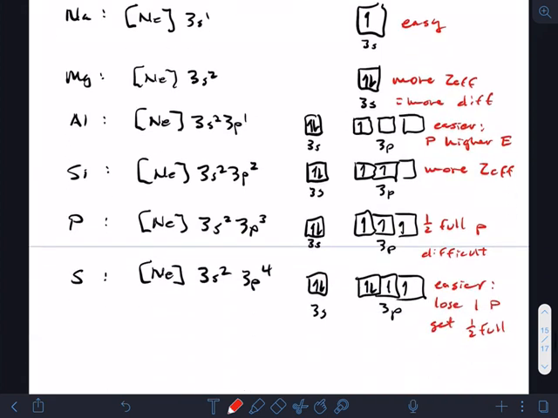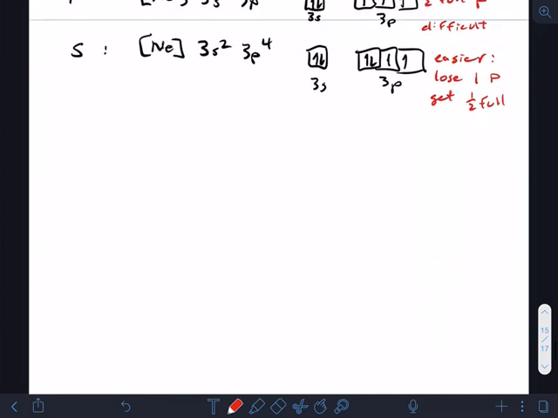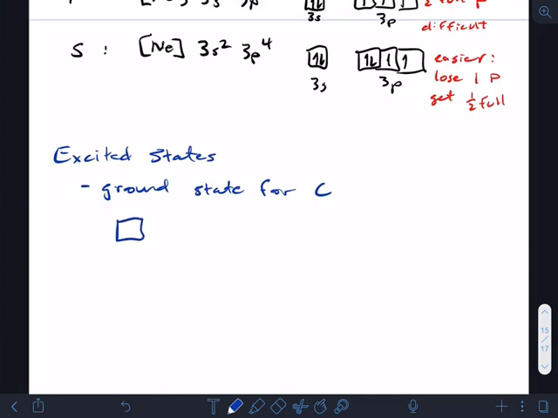All right, so up here at the top, I talked about ground state. I labeled this as ground state, right? So let's talk about not ground state. We'll do it in blue. Talk about excited states, okay? So the ground state for carbon,